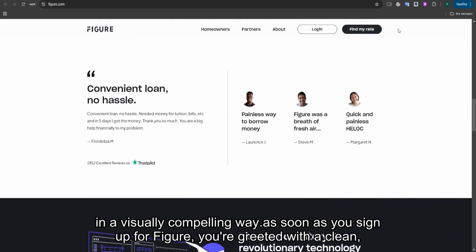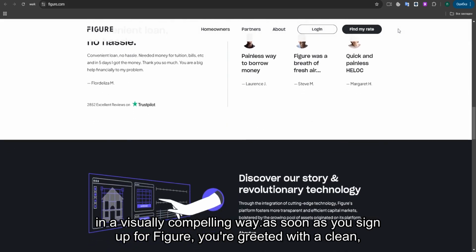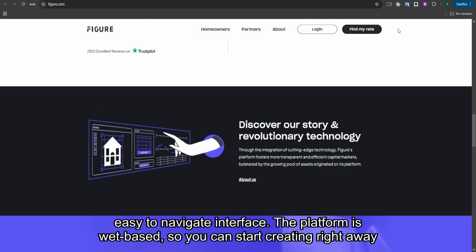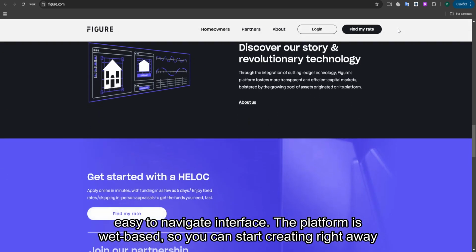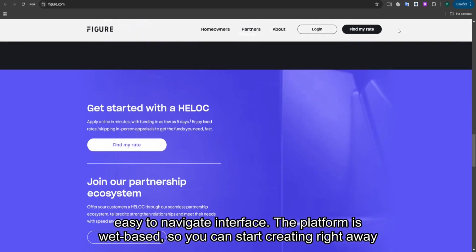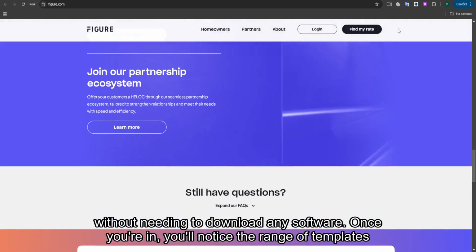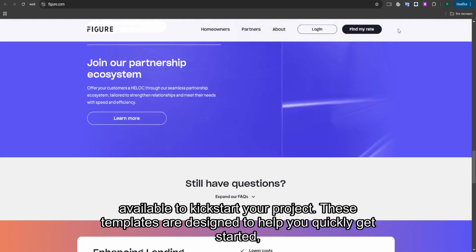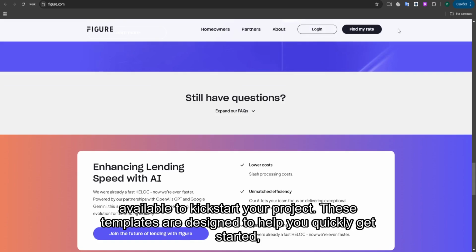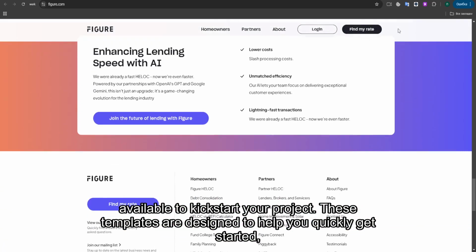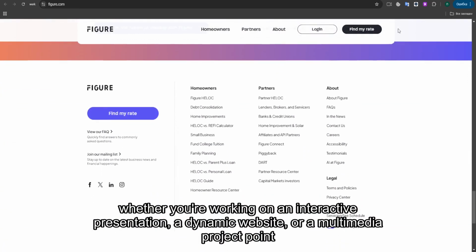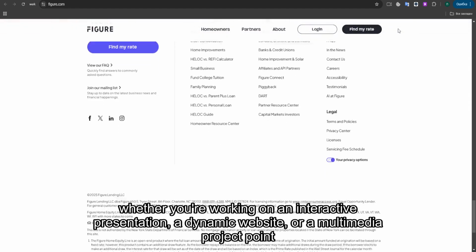As soon as you sign up for Figure, you're greeted with a clean, easy-to-navigate interface. The platform is web-based, so you can start creating right away without needing to download any software. Once you're in, you'll notice the range of templates available to kickstart your project. These templates are designed to help you quickly get started, whether you're working on an interactive presentation, a dynamic website,